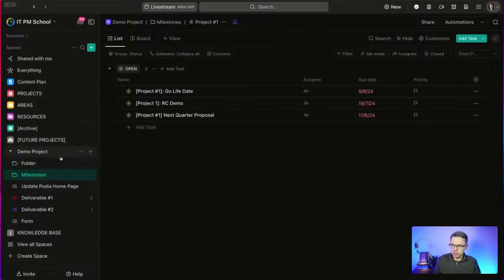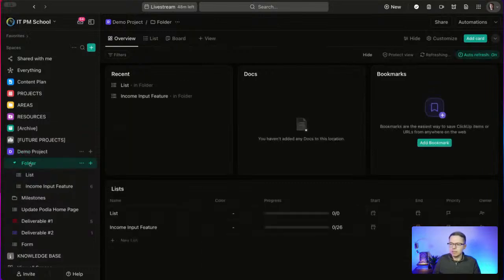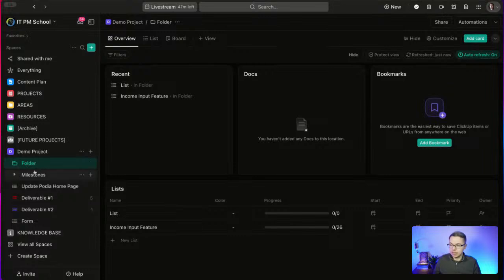So if this is the top level demo project here, then in folders, I can organize my deliverables. So there might be a folder for deliverables, and each deliverable will be described by the tasks required to